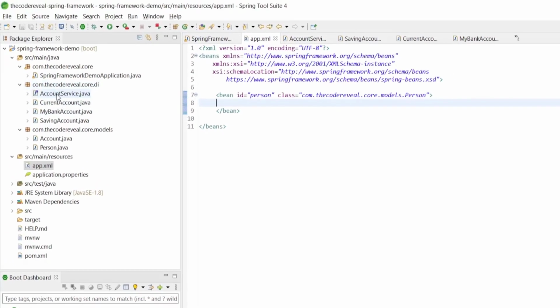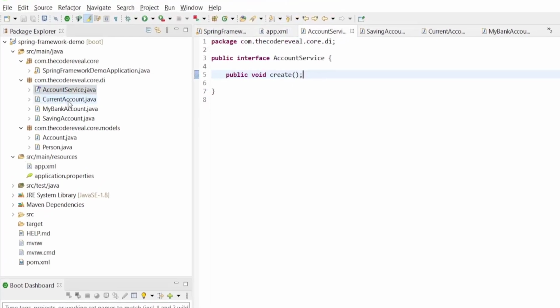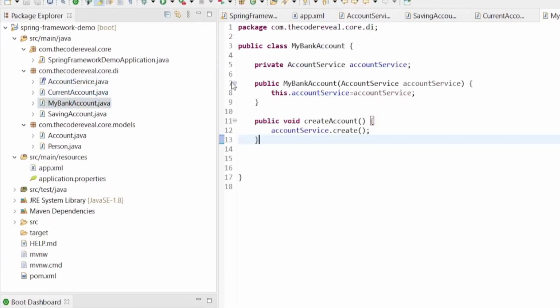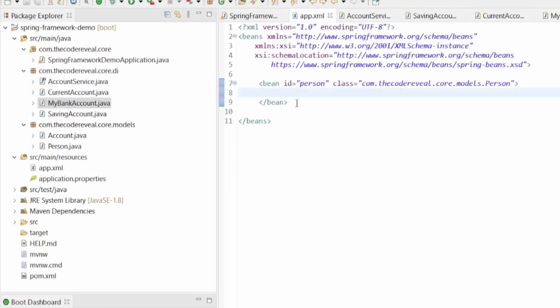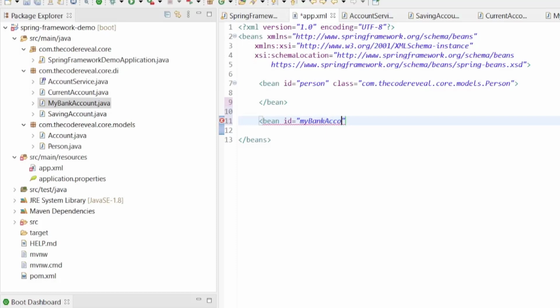We have created here account service, my bank account. Let's declare all the beans in the app.xml. We are going to add here one bean with ID my bank account, and that of type class.